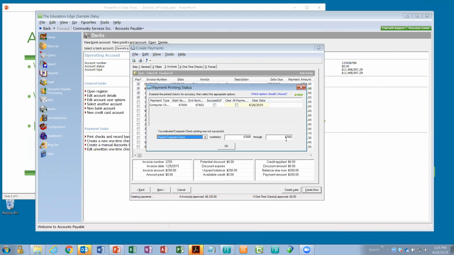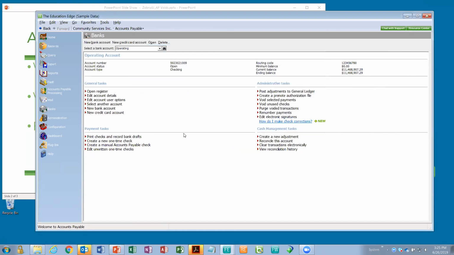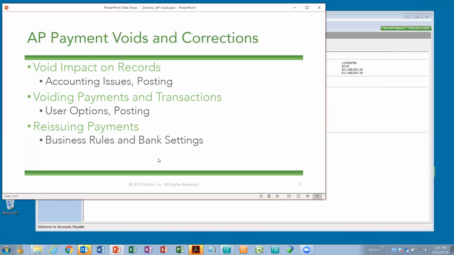Okay. So again, wait until the checks print or not print, so that you see if you have a problem, then uncheck the successful checkbox, select reprint, and choose the right numbers that make sense. And then the system will go ahead and send that information back to the printer all over again. Otherwise, if you don't capture the setting here, you will have to void everything. All right, so I'll just go back to successful. Okay, so just to recap,